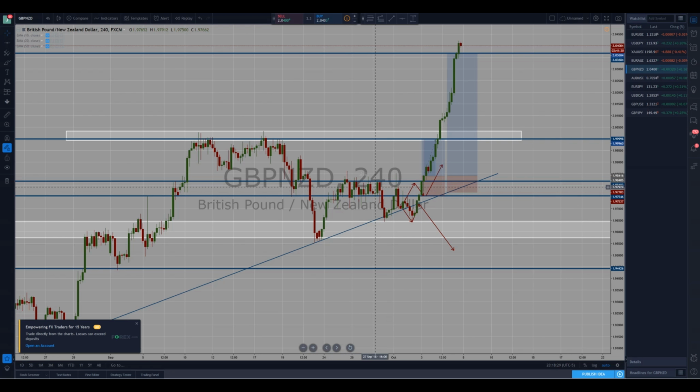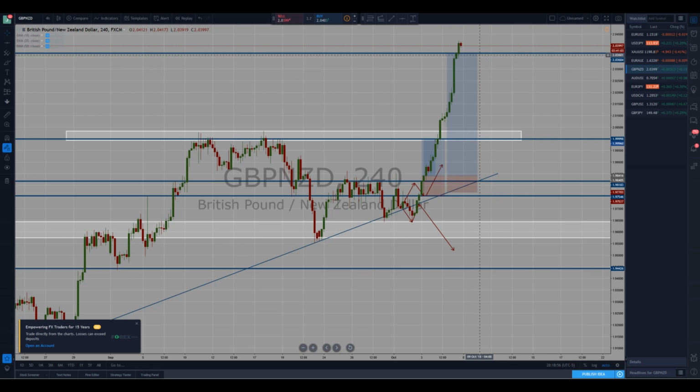Broke through this consolidation area right here, which is essentially these 2 horizontal lines, identifying that this is an area of consolidation. Broke out of that with a good bullish hammer, and that's where your entry would have been at the top of that bullish hammer. Set your take profit 1 for the next support and resistance level. As you can see, it reached that with no problems, did not even slow down, and